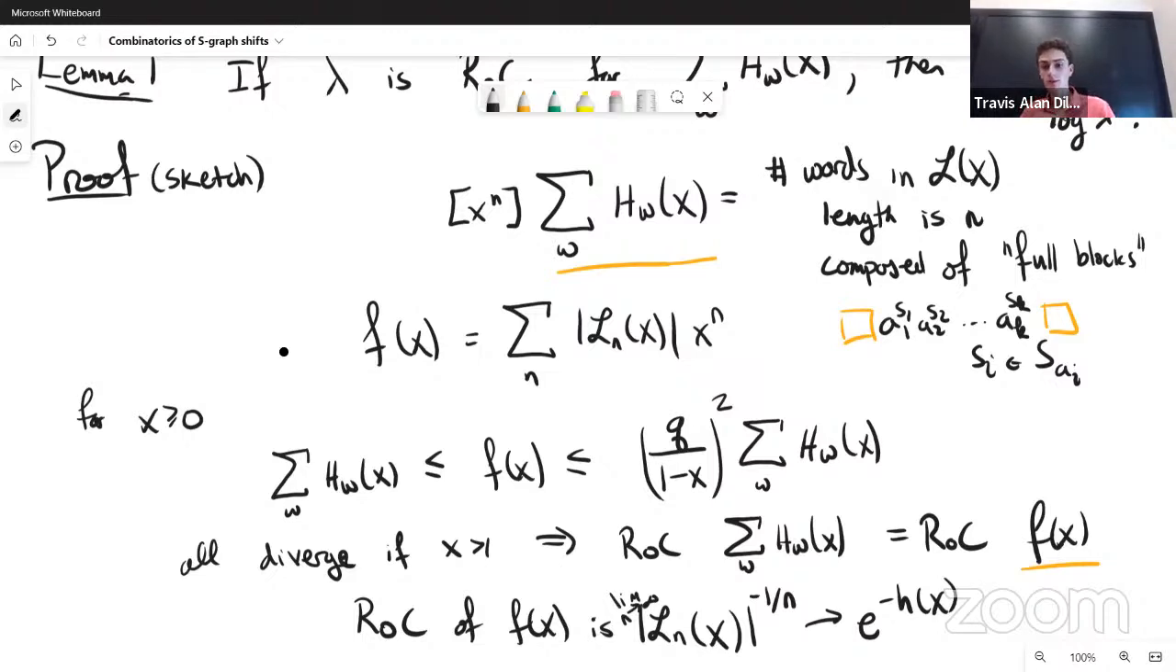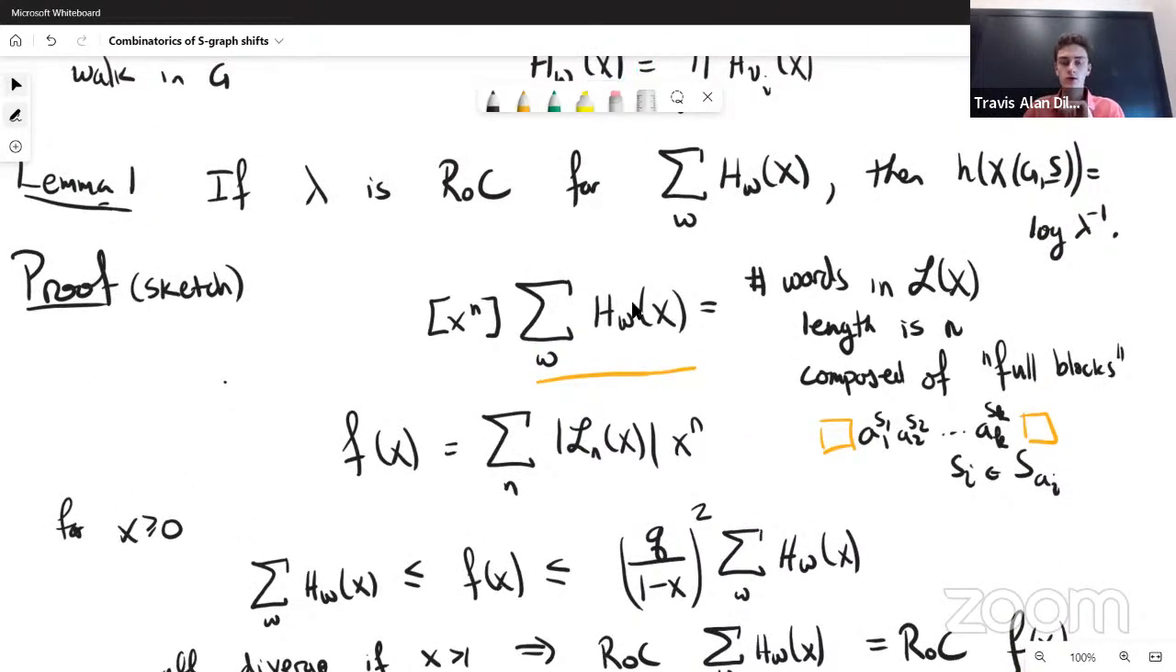Then what we say is, okay, but the radius of convergence of the sum over the walks we called lambda, and you rearrange this and you get exactly what we stated in the lemma itself, which is that, well, rearranging, the entropy is equal to log of m inverse. Okay. So this is actually very similar to the first step of the proof all the way back to S-gap shifts. This part just sort of copies along because